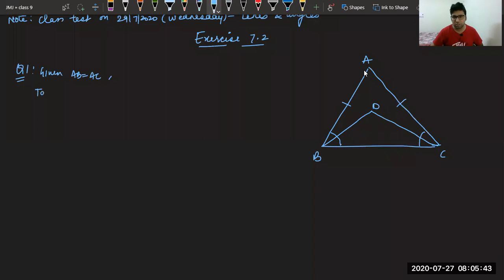okay, given to us, we can say if it is 1, if it is 2, if it is 3, and if it is 4,